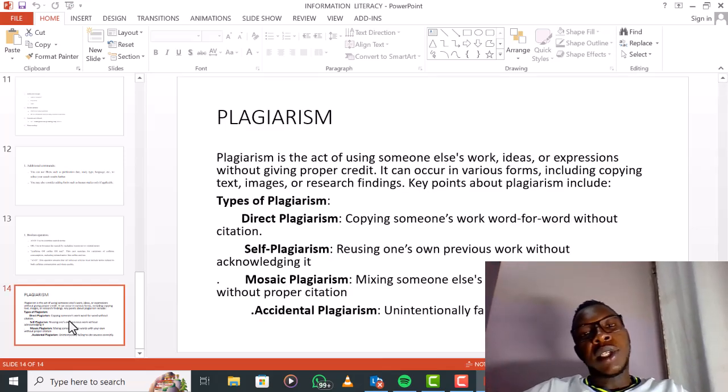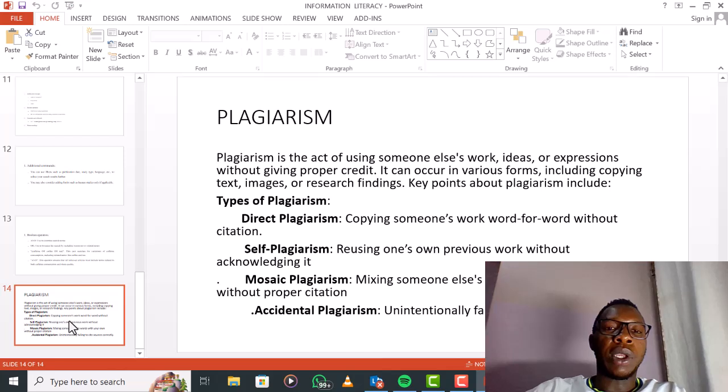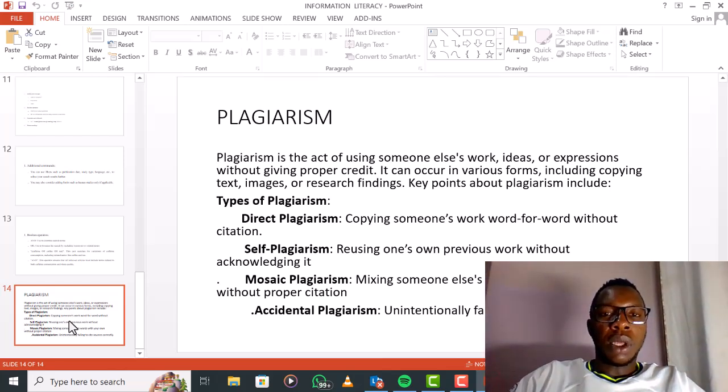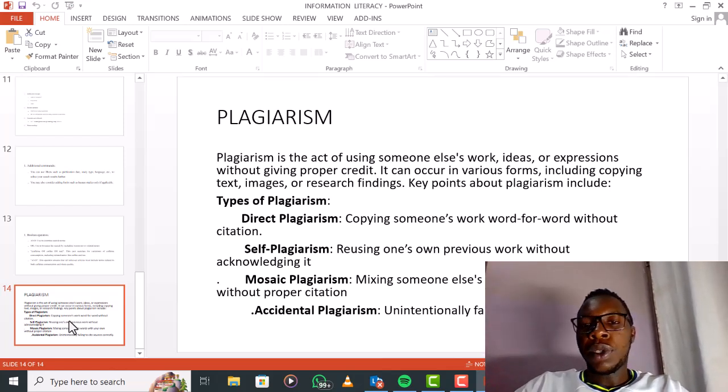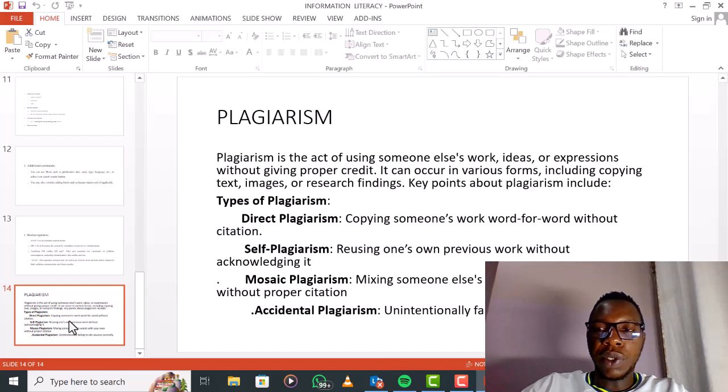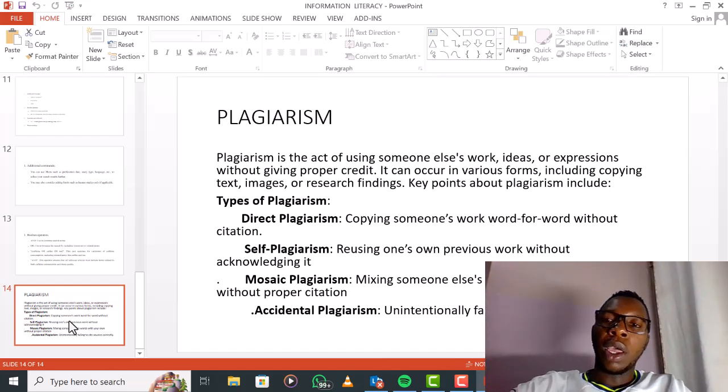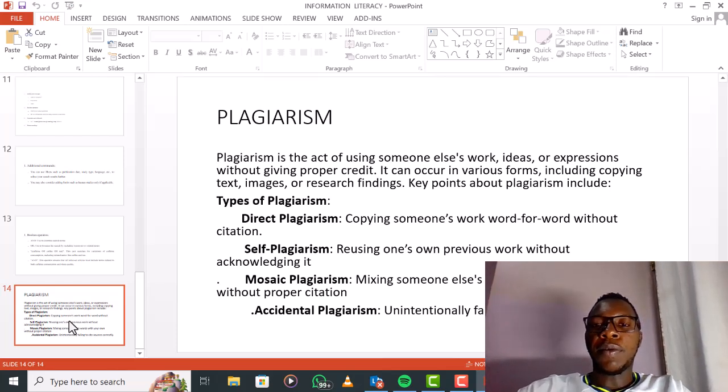Yeah, as I said, plagiarism is all about copying someone's work without giving the person credit. So here we have a definition of plagiarism: the act of using someone else's work, ideas, or expressions without giving proper credit. It can occur in various forms, including copying text, images, or research findings. The key points about plagiarism include